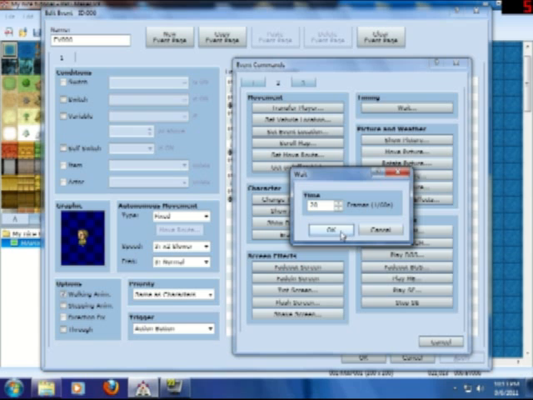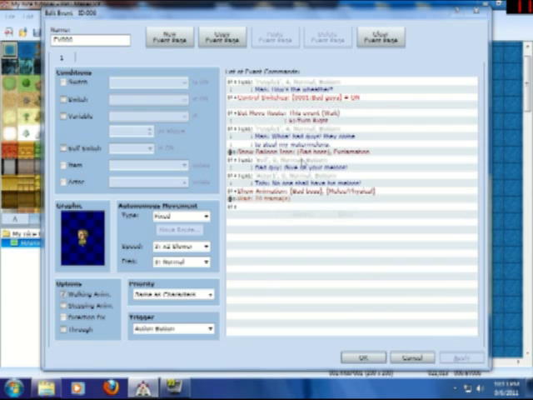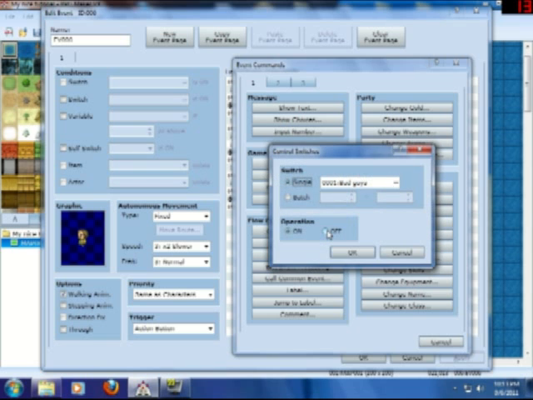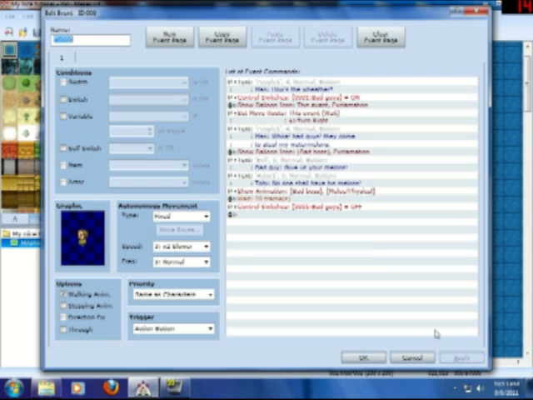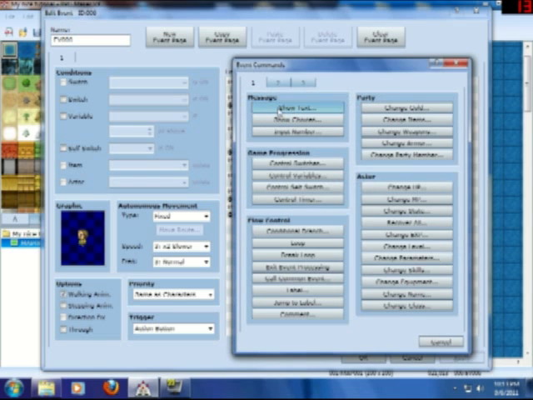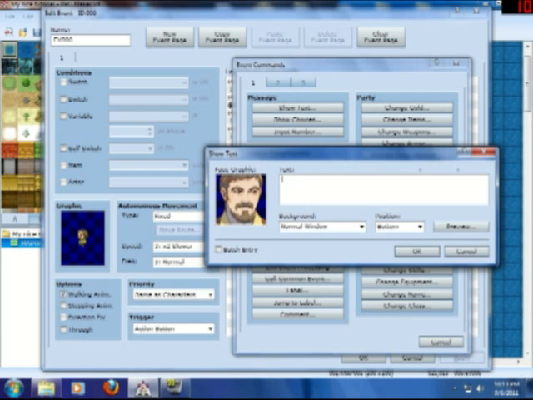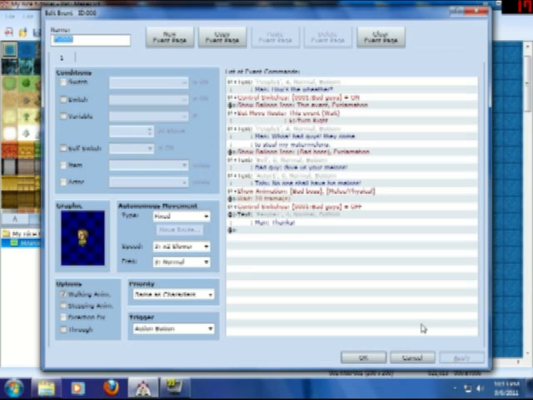And then control switches, bad guys off. And then they'll all die or something. And then the guy says, thanks. Since you don't want this thing to happen over and over again, since this is a story event,